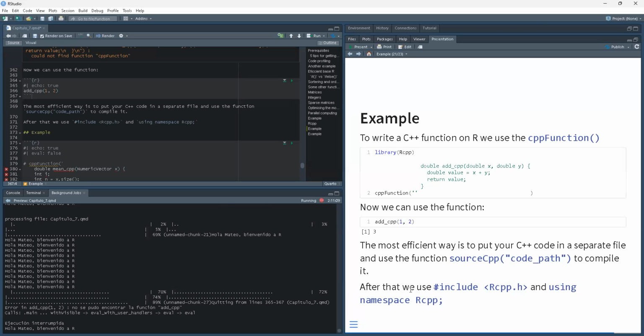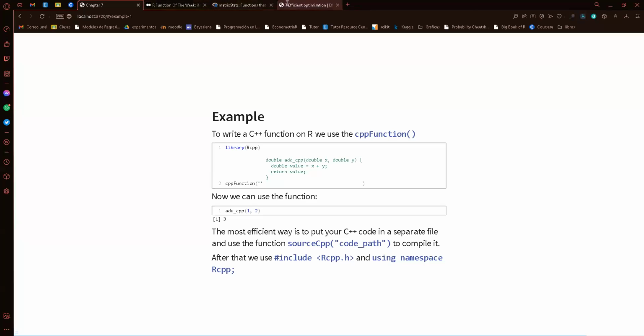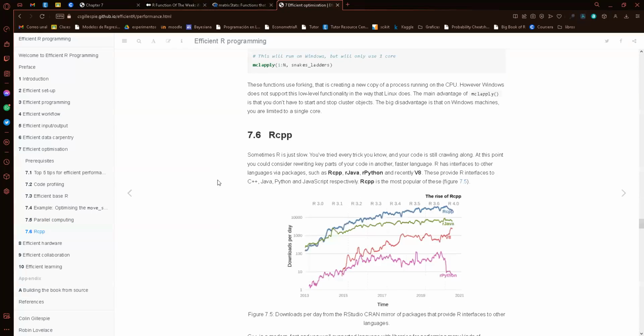And in order for you to stop using this, give me one second here. It says here on the book,